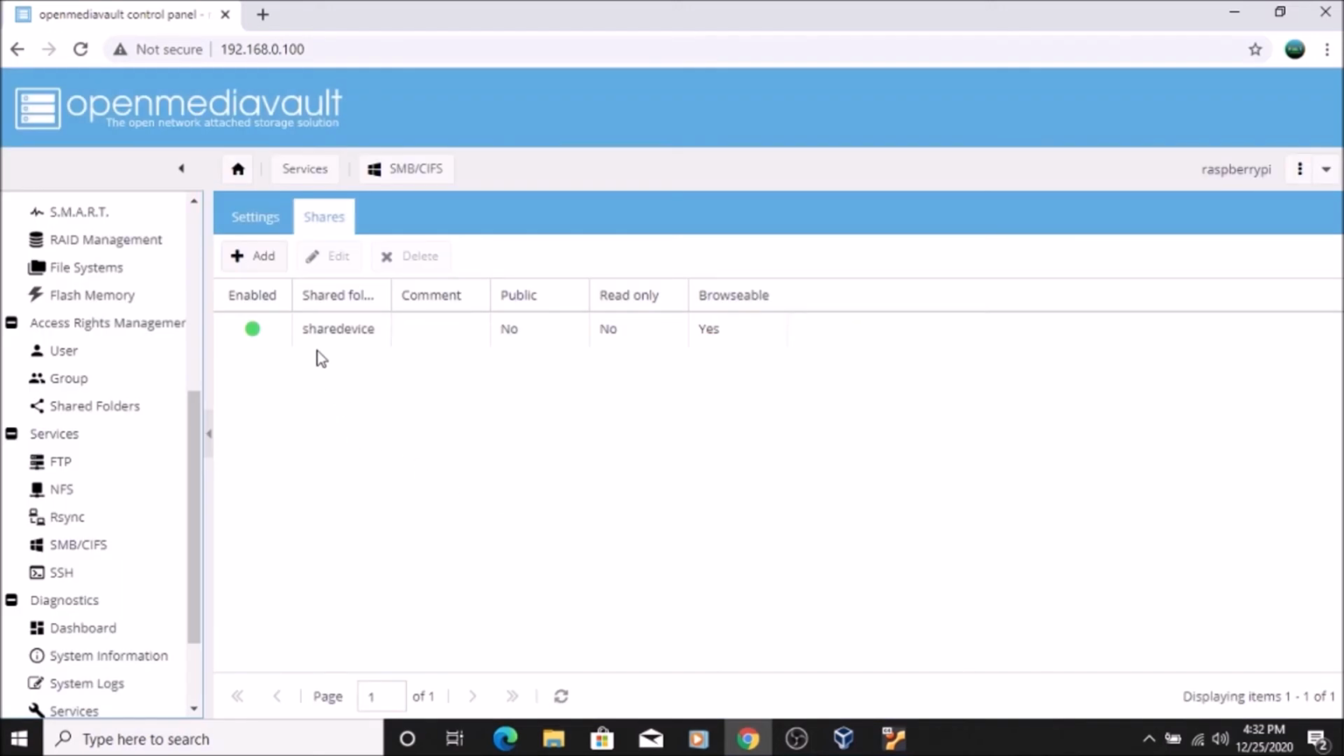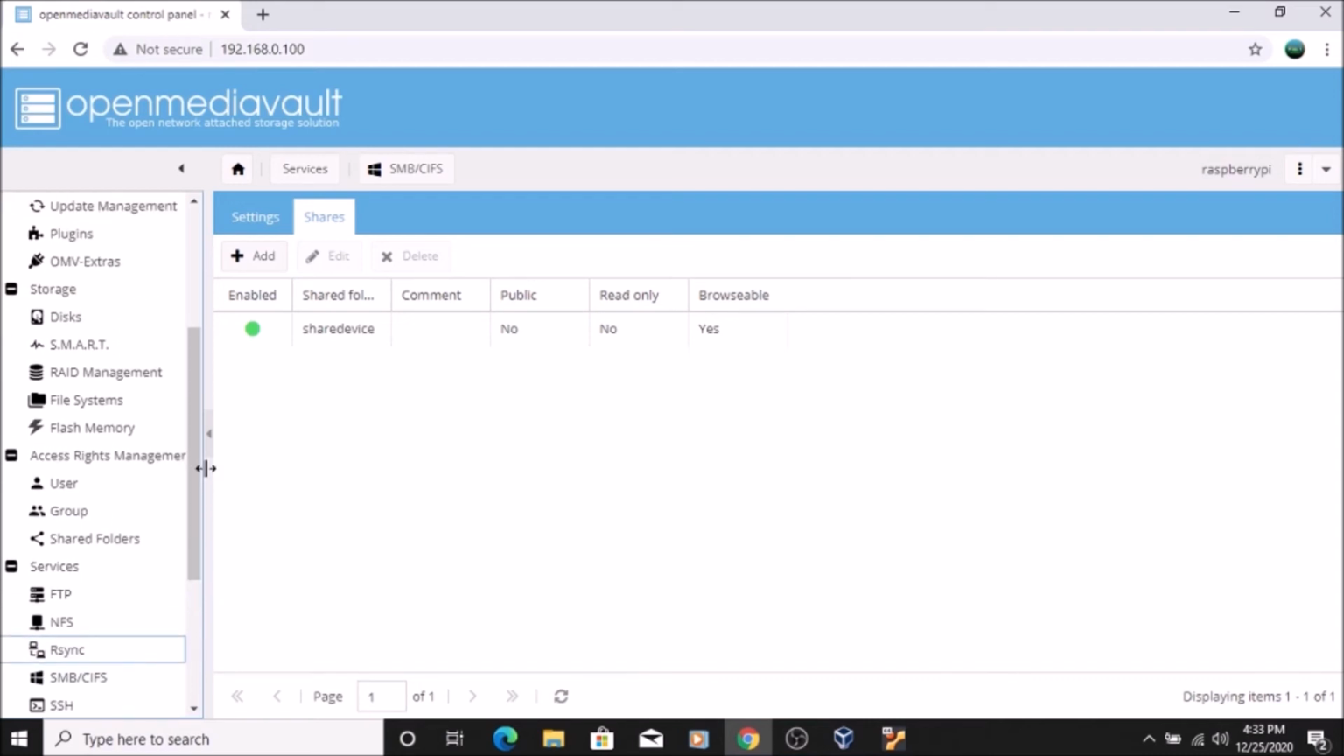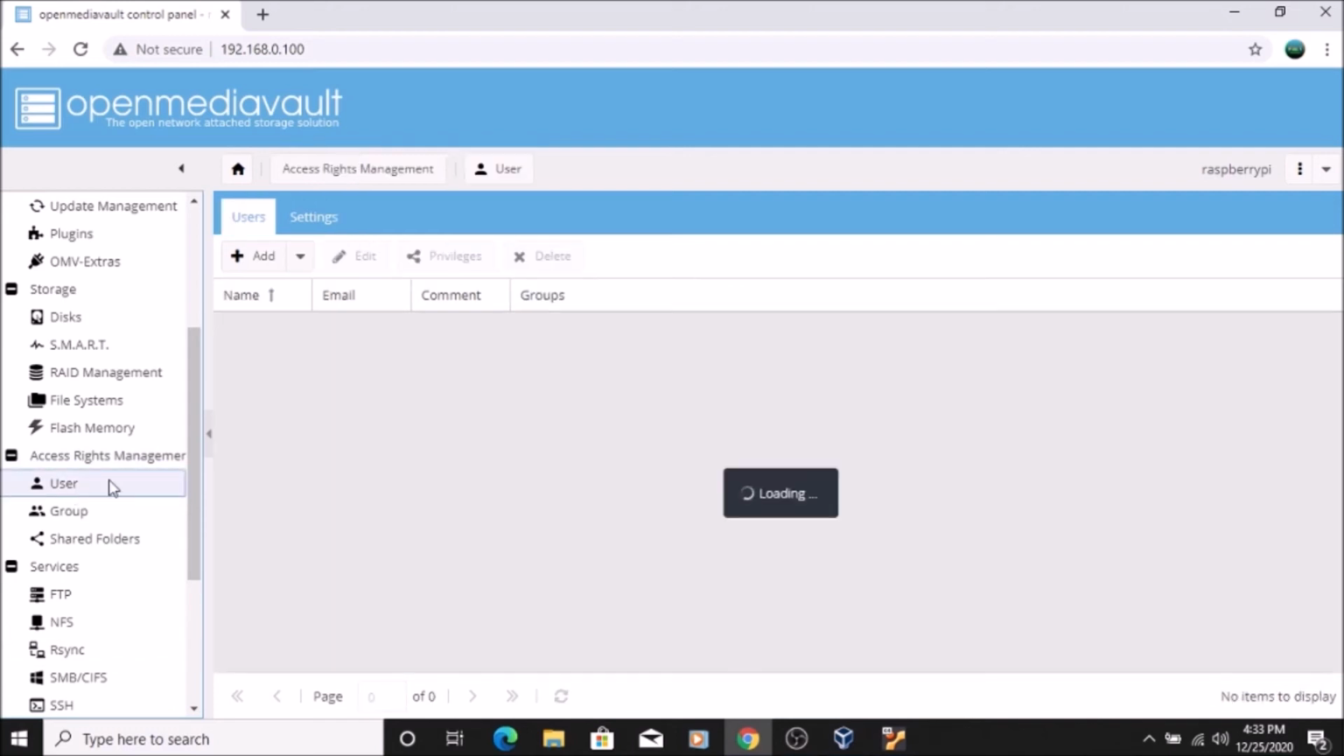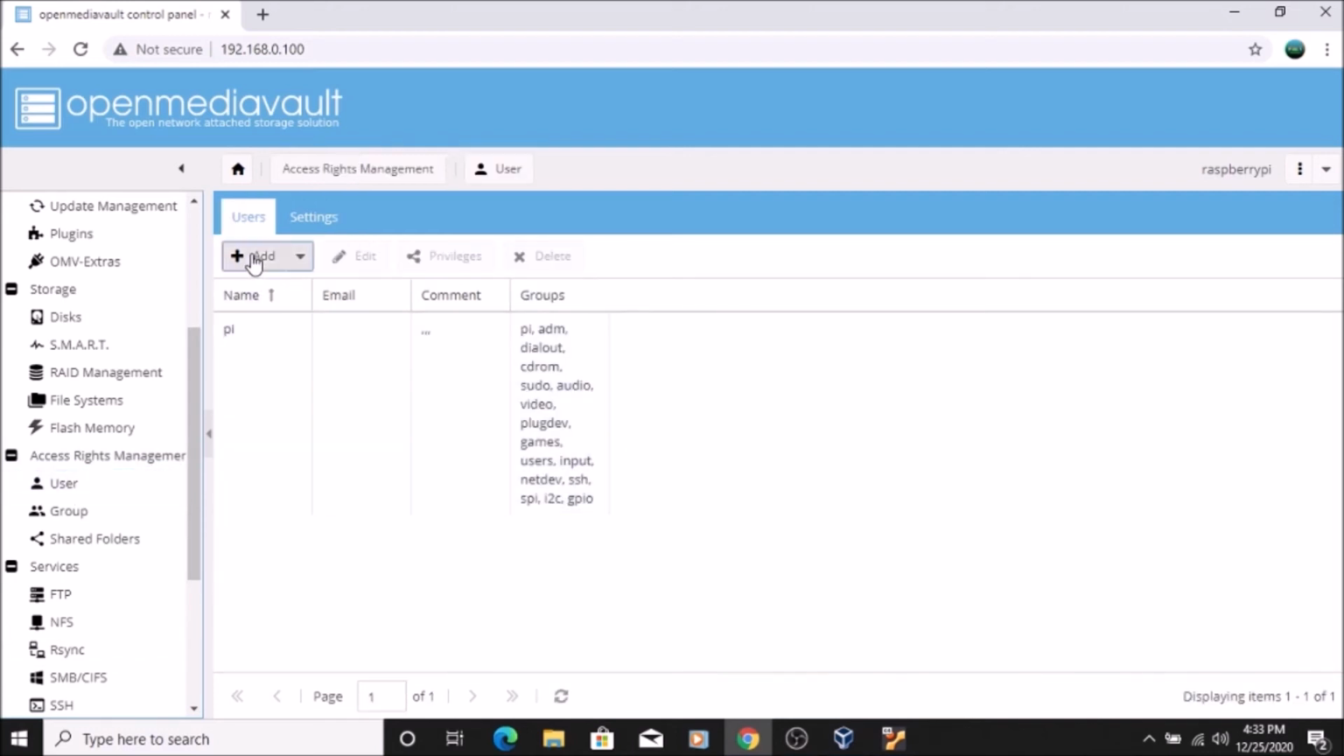Okay friends, now we have the folder also. Now what we are going to do, we are going to simply create a user. Here, as you can see, we have the user tab. In access rights management, simply click on the user tab, and we are going to create a new user. For that, simply click on add,